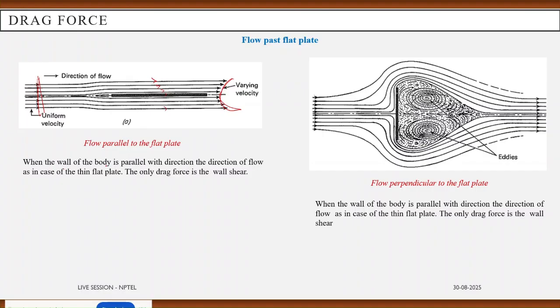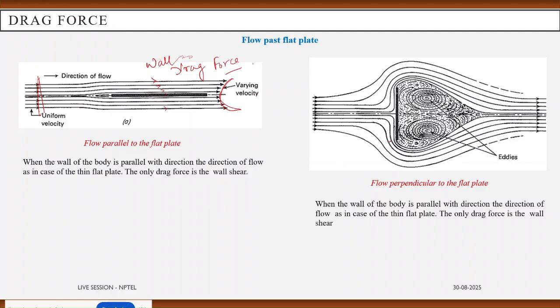So when the wall of the body is parallel to the direction of the fluid flow, as in the case of the thin flat plate, the only thing that we can expect here is that only the wall drag force is present,